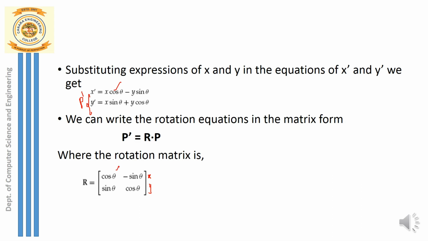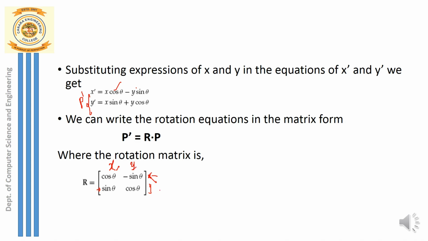And what is that next value over here? It should be the y component. And what is the y component? See, before that, I'll just tell you now. Here, when I have a 2 cross 2 matrix, what do the 2 rows or the 2 columns indicate there? The first row indicates the x coordinate of a point, and the second element in the first row indicates the y coordinate of the point.